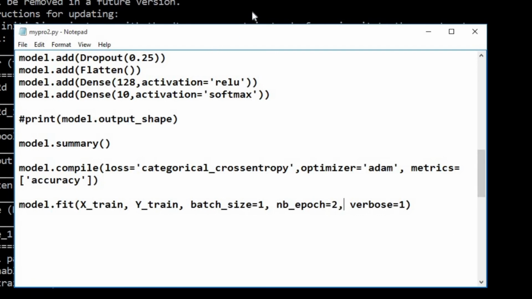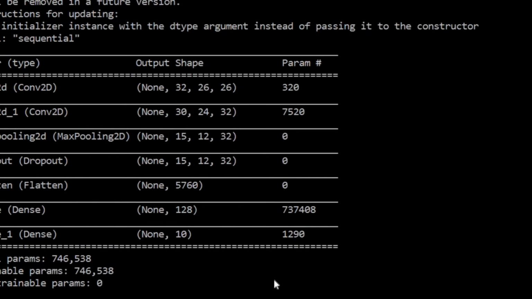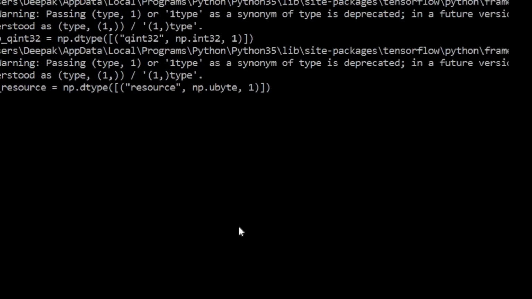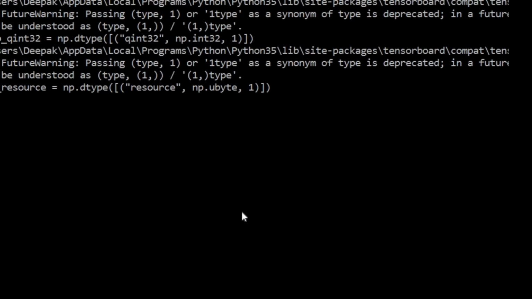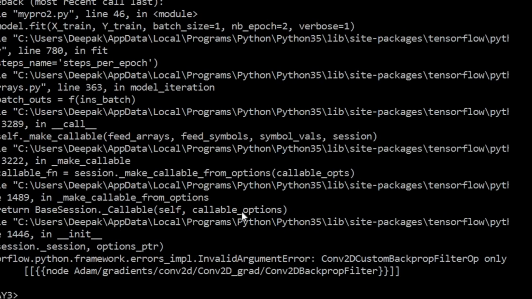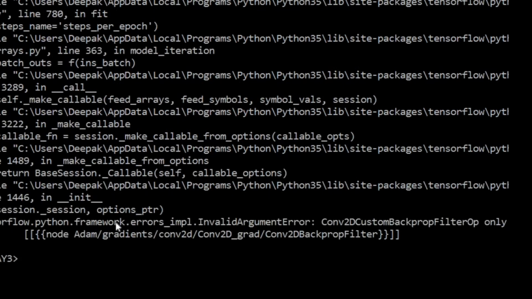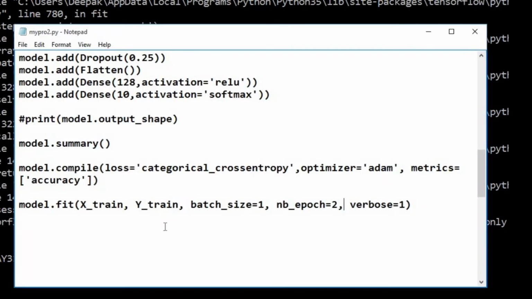Next to that, we set batch size here as 1 and epochs to 2 to minimize the load on the CPU for our today's experimentation only. If you have a small amount of RAM in your machine, batch size should be as small as possible. Okay, so we are running the model.